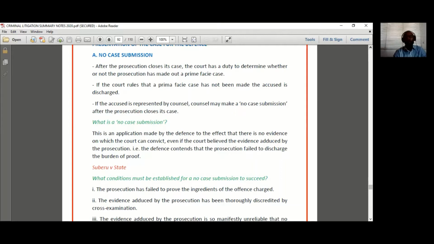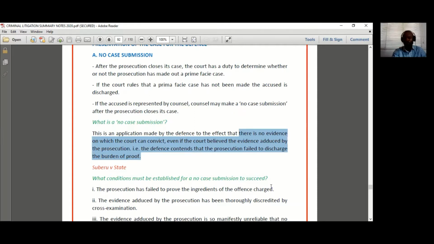And a no-case submission is basically an application that is made by an accused person whereby he would be saying to the court that there is no evidence on which he can be convicted, all right? That there is nothing the prosecution has adduced that discharges that burden on them. And therefore the court should end the case, that he does not have the obligation to go ahead and prove